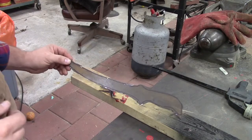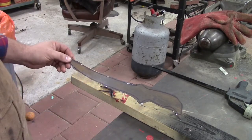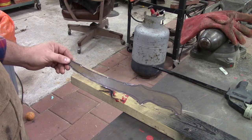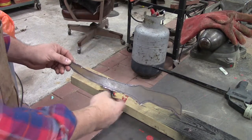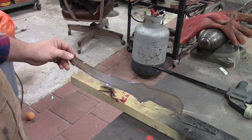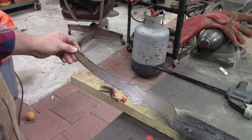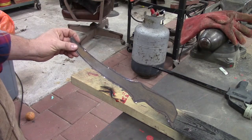Well, here's what we've got cut out. We're a little far off some of these curve lines. When you've got a straight cutting disc, it's hard to get too close to those curved lines without taking lots of little nibbles. If I'm going to do that, I'll just go ahead and put it on our belt grinder and knock that out. I'm probably going to cut this little piece here just a little bit to save me a little work, and probably not nip us off, but we're pretty much there to go to the grinder at this point,